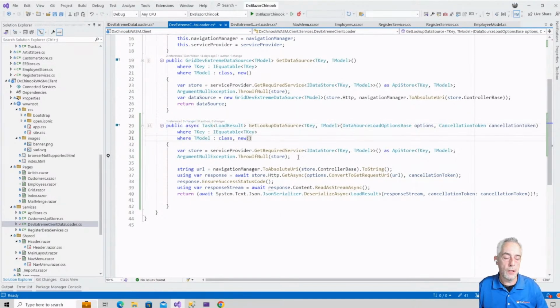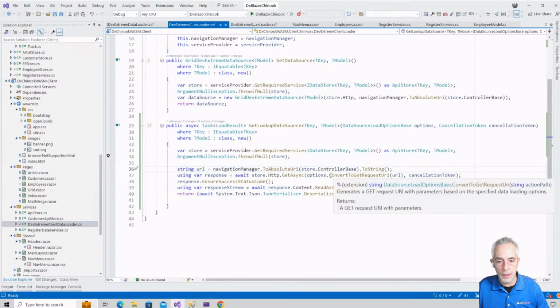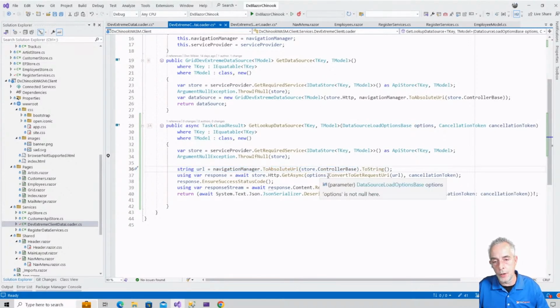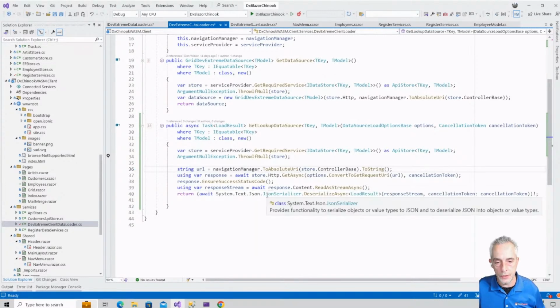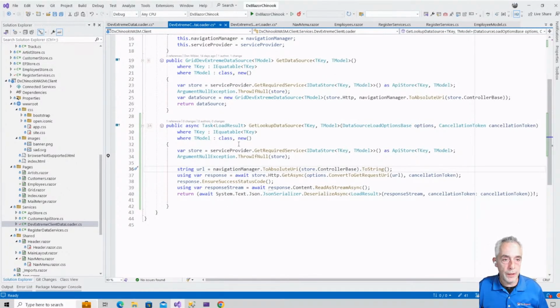Like this. And here we are composing the URL. We are attaching those load options to it, and then we're gonna receive that back, the JSON. So with this in place, we can now go back to our customers